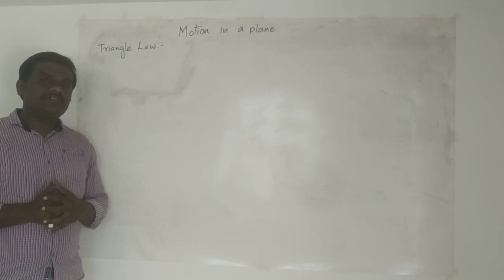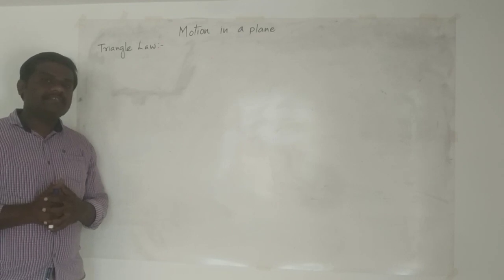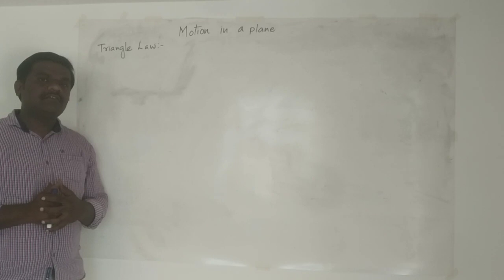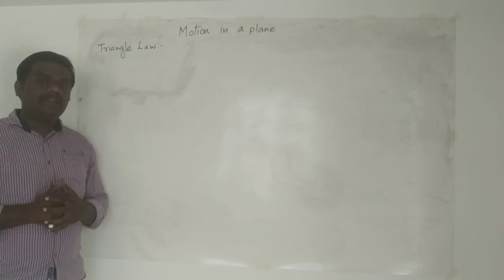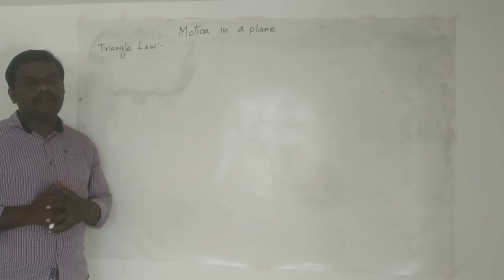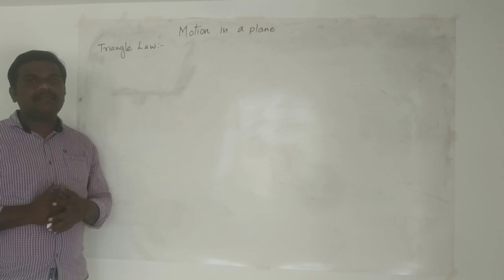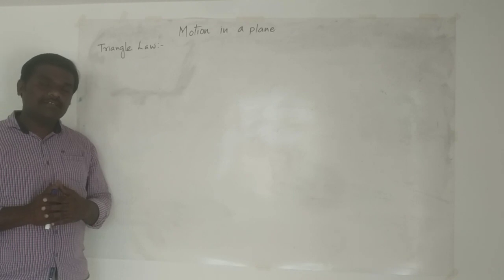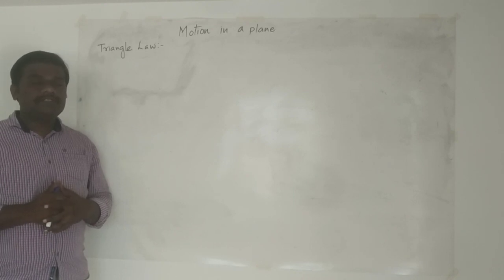In the last two sessions I've been discussing the basics and types of vectors, followed by how to add vectors. Further continuation of that addition of vectors itself is triangle of vector addition. Like scalars, vectors cannot be added that easily since they possess both magnitude as well as direction. So there are certain rules.